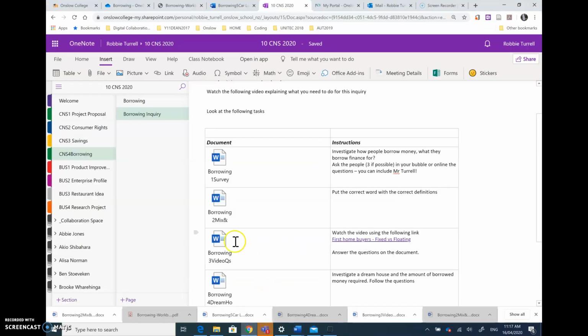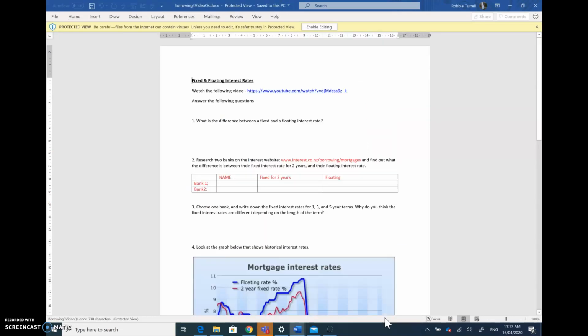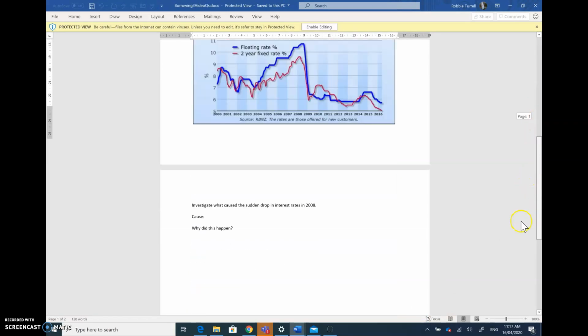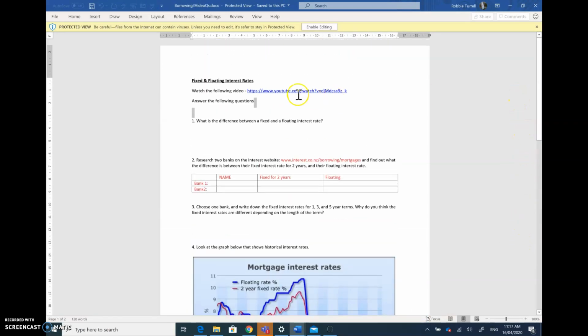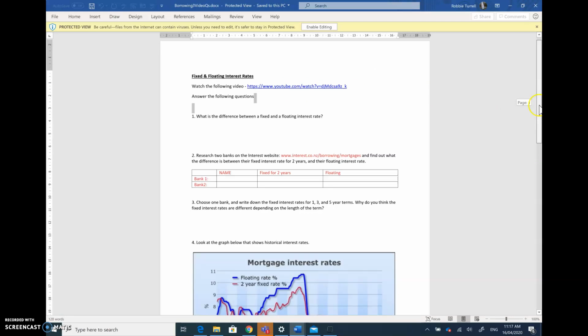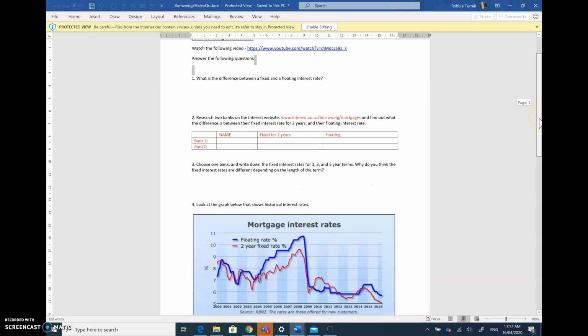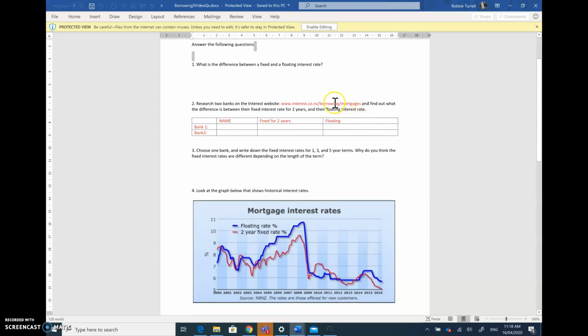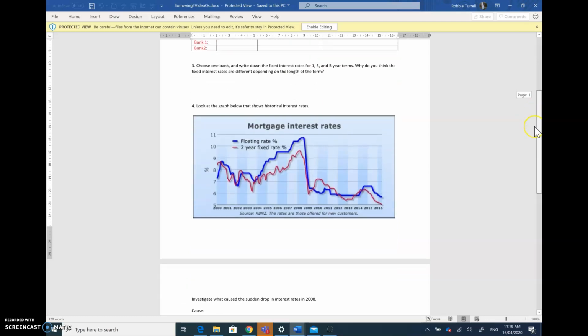For the next one, open up this document, borrowing 3. There are a few questions here, which are largely explained in this link. So click on the link and watch the video. It goes for about 3 minutes, and hopefully should give you some information that's going to help you. With all of these, please use the links that have been put on there. They're all there for your purpose to investigate. So please have a look at this one. And then the final question